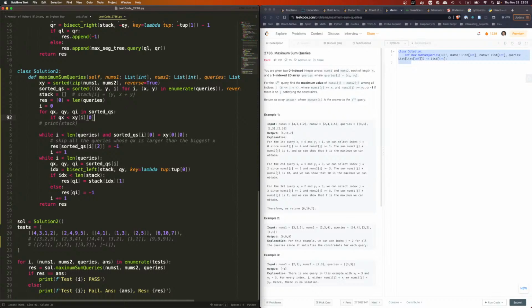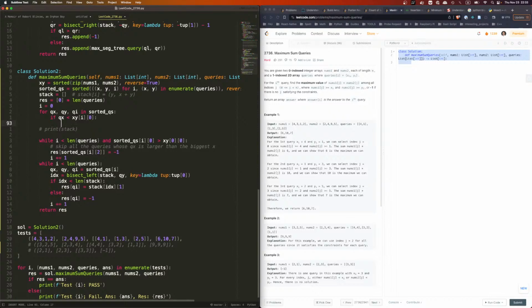So if the current one is smaller than, then we need to add,